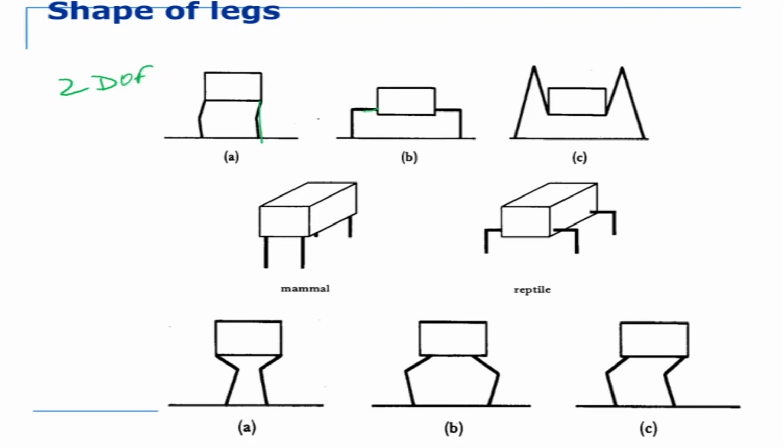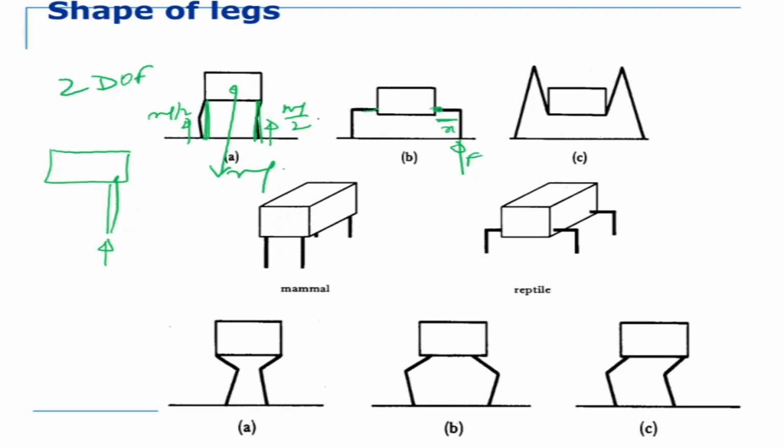Now, in the case of a human, we spend a lot of time standing. If you think a little bit, this is my mg, which is acting downward. If it is straight down like that, this leg is having a reaction here and a reaction there, which is mg by 2 and mg by 2. So it is symmetric, and the body weight is being supported straight through the leg. Whereas on the side, the reaction force is here, and there is a force into a distance, so that's force into x. So there's a moment coming now. In this case, there is no moment.